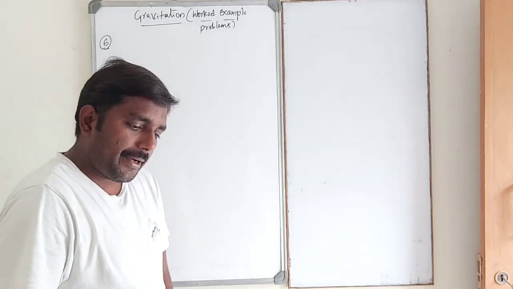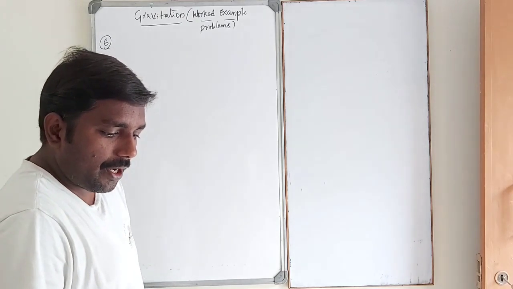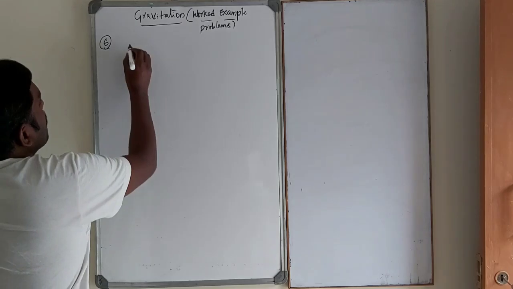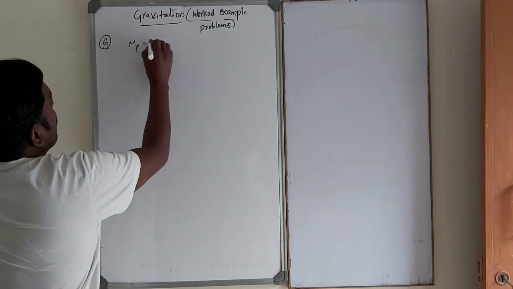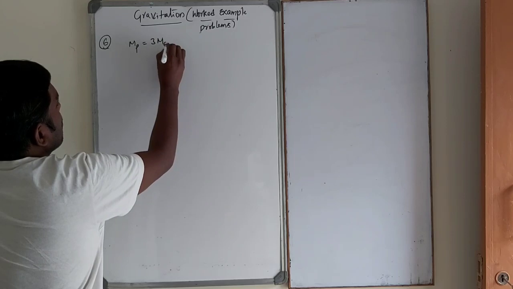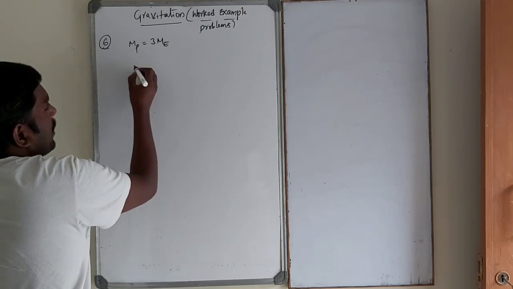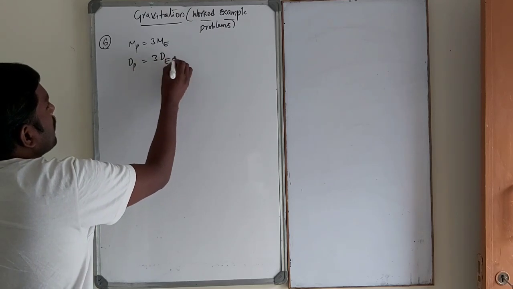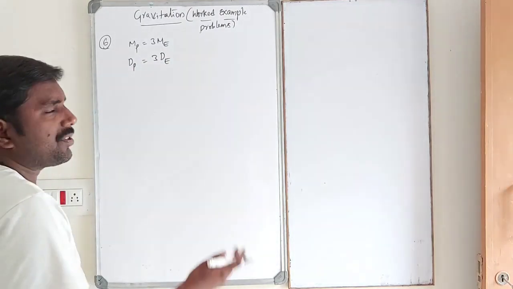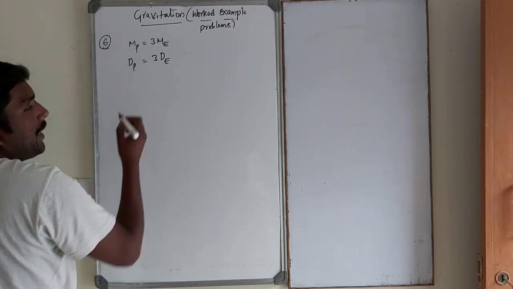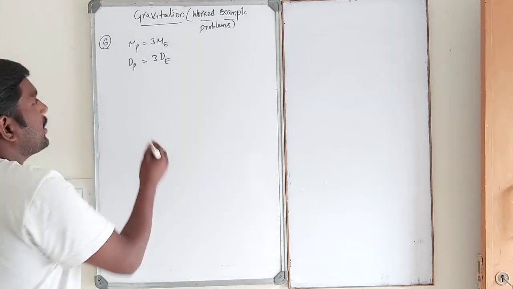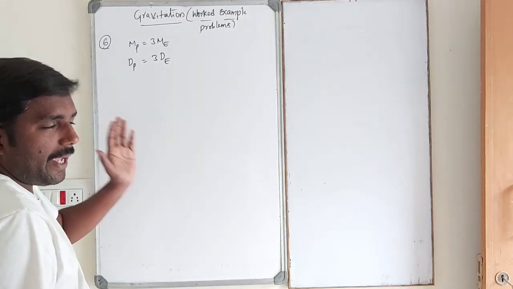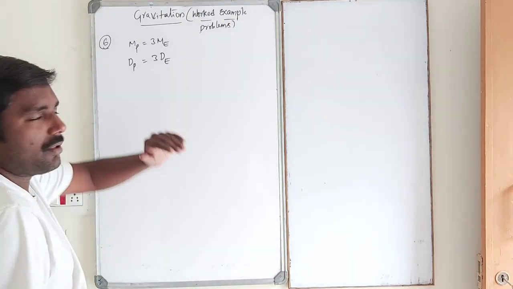The mass and diameter of a planet are 3 times that of the Earth. So the mass of the planet is equal to 3 times the mass of the Earth. Similarly, the diameter of the planet is equal to 3 times the diameter of the Earth. So diameter 3 times, radius also 3 times. I will take diameter in terms of radius. Of course, diameter is equal to 2r.